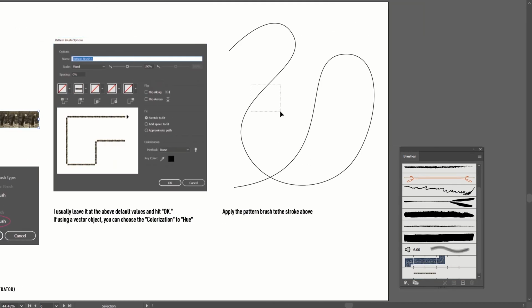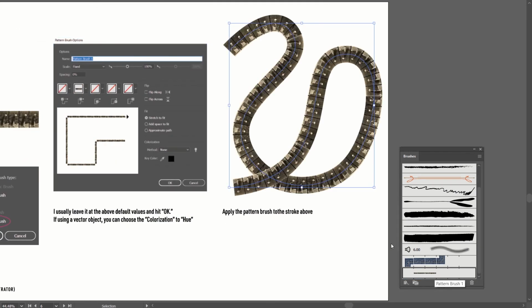And then we can apply this now to a path. And then you can see that now you have some images going along the path. And that's a little interesting use of it. You can also add different corner pieces and everything, but I generally haven't used that too much. But if you like to, you can see how to do it with the sample pattern brushes that come with